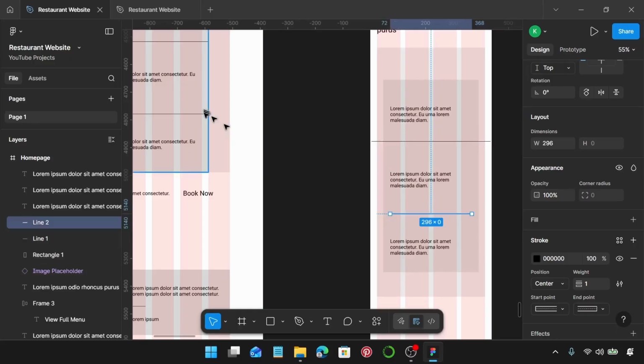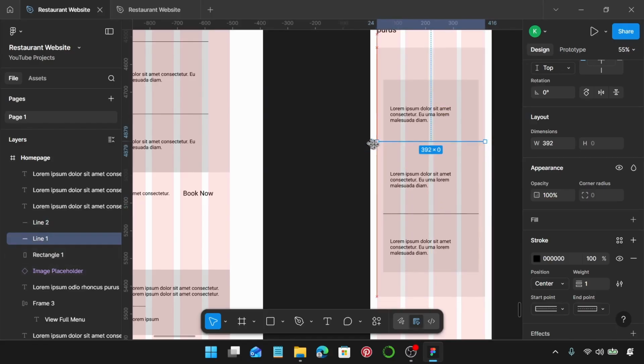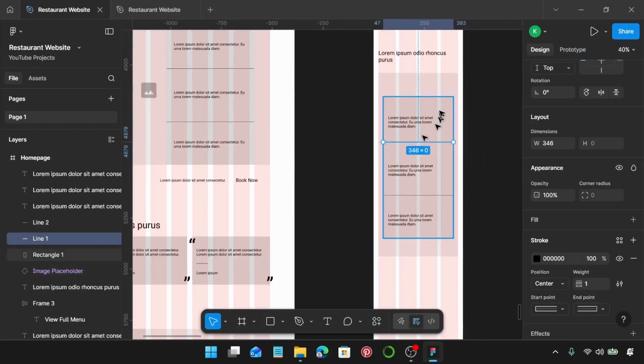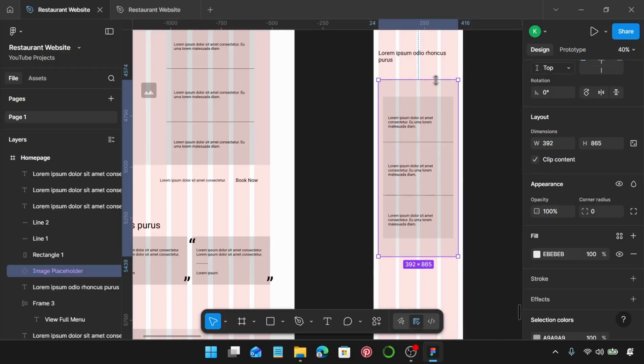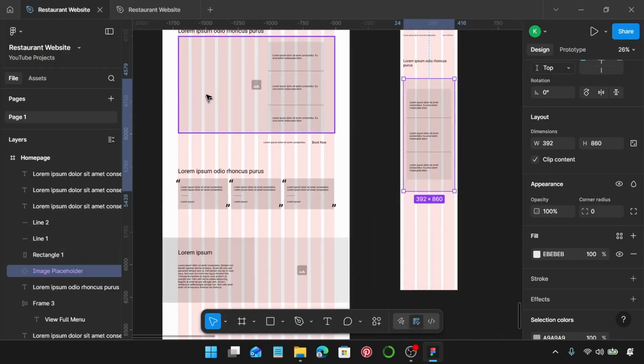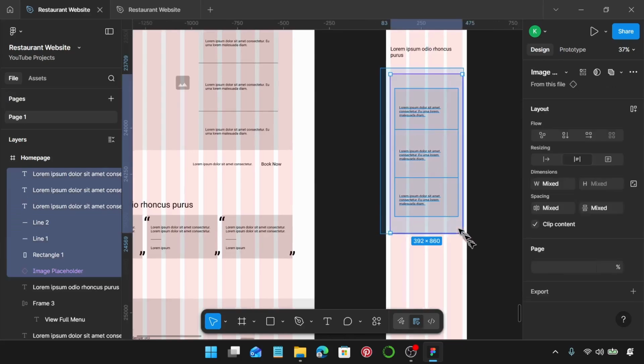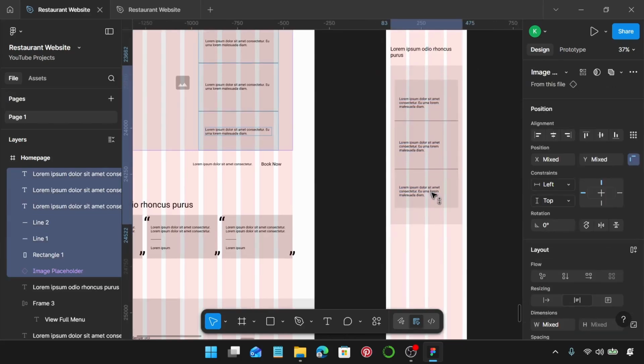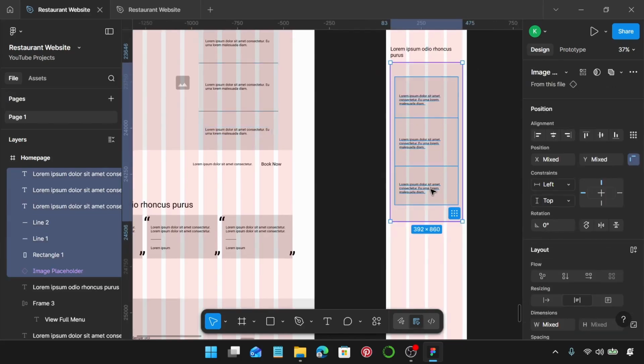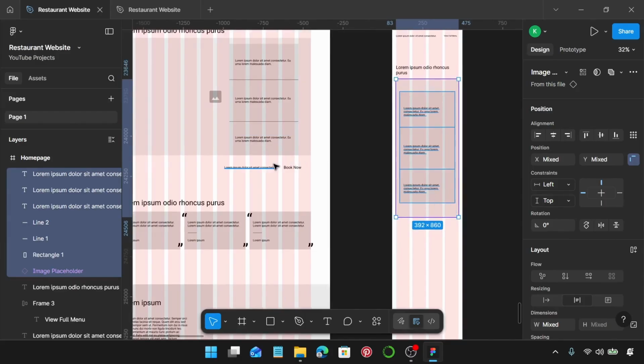The edge of the line is on the edge of the rectangle, so I'm using alt and shift and hold down alt and shift. So you should have something like this where in this case the image is here and then we have this text and this rectangle off to the side. But in the case of this one, it's going to be on the top. I'm just going to move it closer